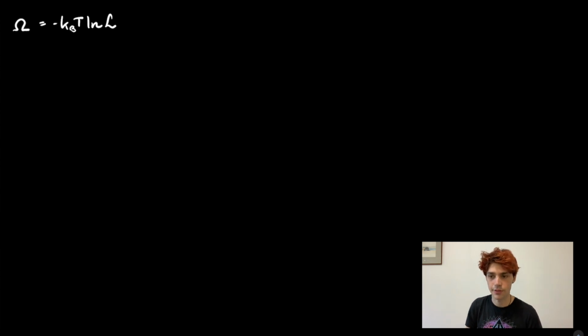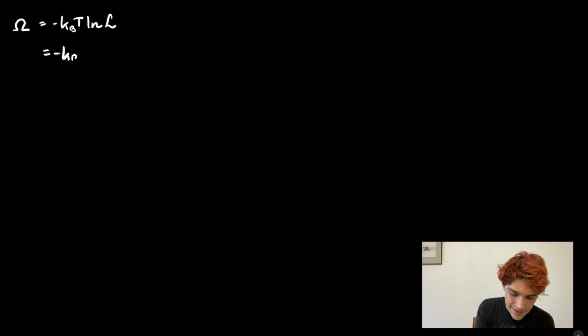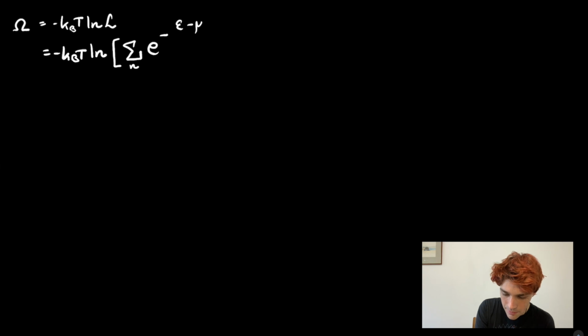However, it also accounts for the fluctuating particle number. Now, if I substitute in what L actually is, I get omega is minus kBT times the log of the sum over states of e to the minus epsilon minus mu over